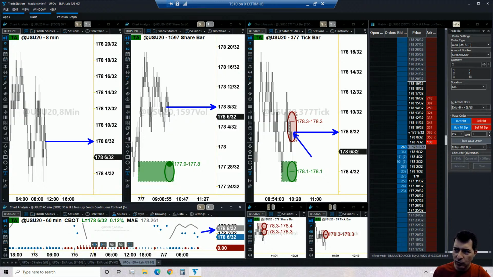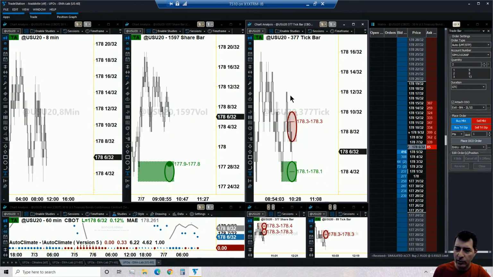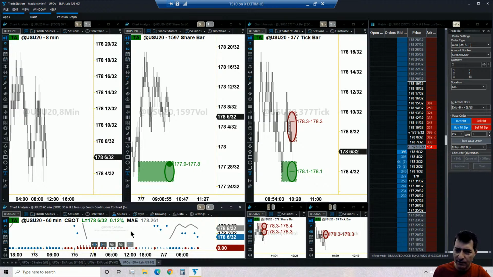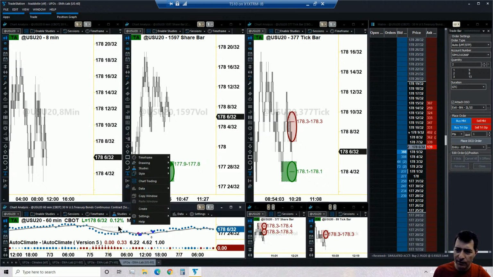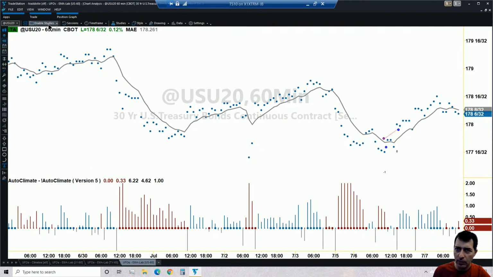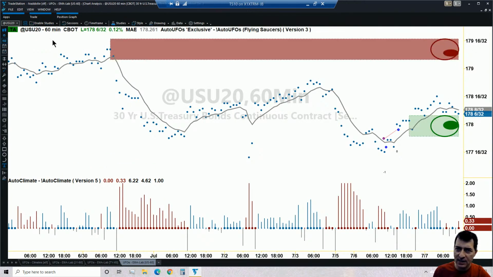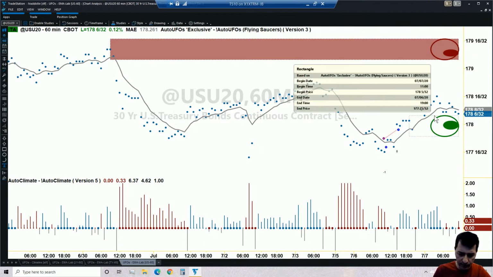Okay, so this red UFO envelopes the EMA, and my friends, we do have an opportunity with the 30-year bond to execute a trade. Therefore, let's go ahead and look for a target on the 30-year bond, which I'm going to look for in a 60-minute time frame by turning on AutoUFOs, and here is where my target would be. Okay, so for the US, my target would be, let me see, 178.532. Okay, so 178.530 seconds. Here we go.